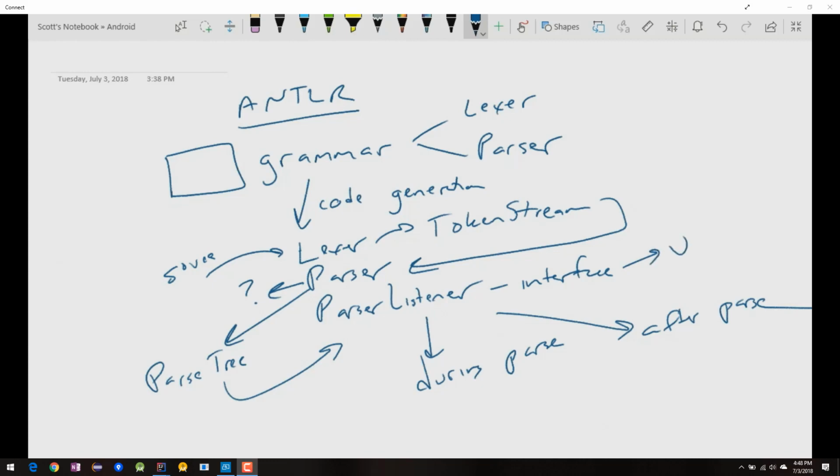This interface is a visitor interface. And what we mean by that, let me,